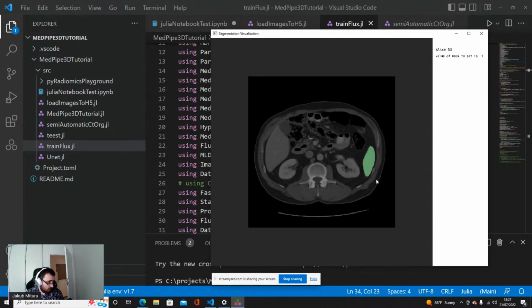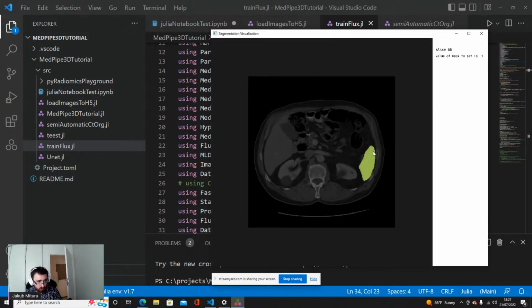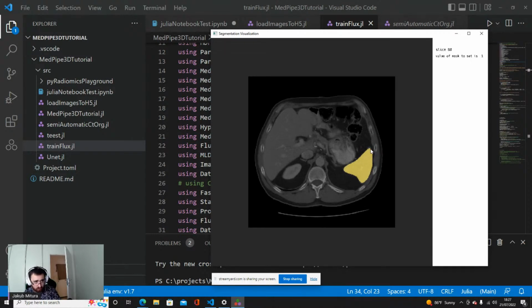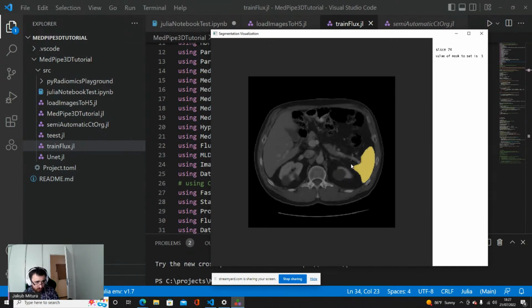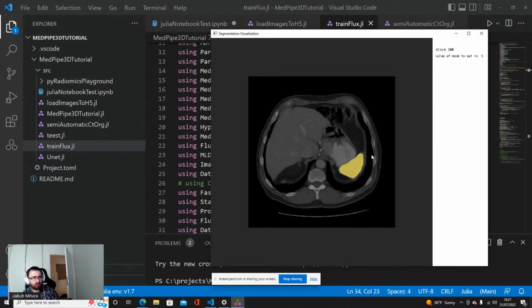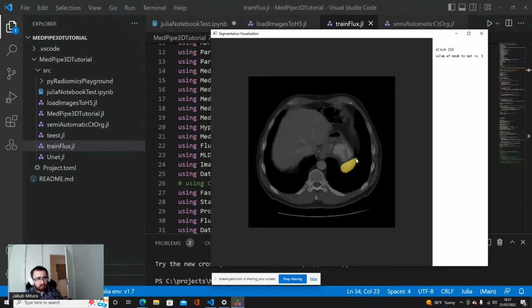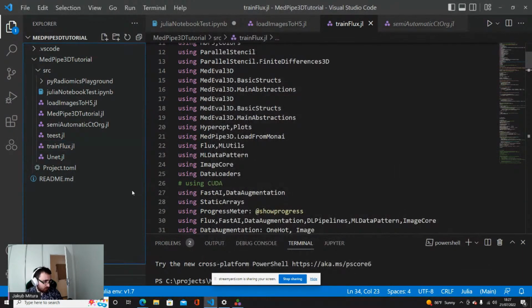Okay, and now, this is, let's say, a bit of a spoiler. And just one more thing, just to show you. This is the gold standard. This is a gold standard, nearly the same in case of the spleen, but of course without the noise around. So the spleen is nearly perfectly described by the U-Net. And what is important, this is also an image that was not seen by the algorithm. However, let's jump into the